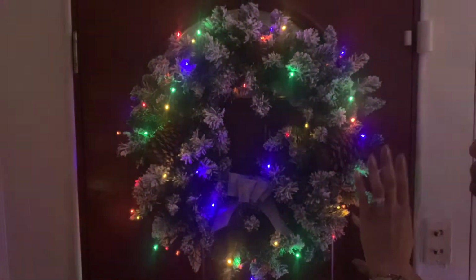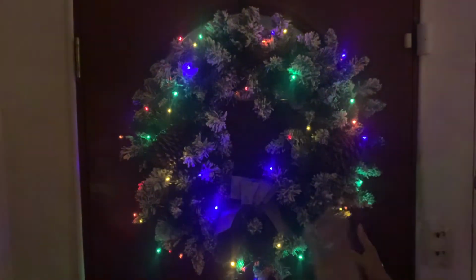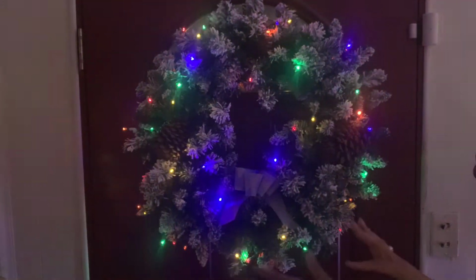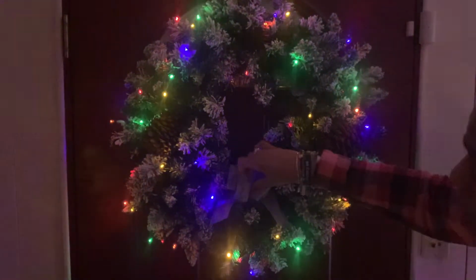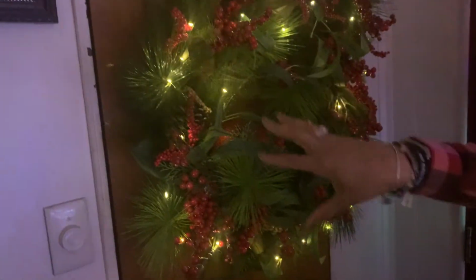So it'll go from color to clear. So you can do clear also. And we've been doing clear since I got clear on this wreath here. We decided to do a little color, and it is on a timer, and I added a burlap bow, just on the flock. And that was from QVC, but I added the real pine cones. And this wreath is a cranberry wreath, and I added 2 ornaments in, and I also added battery operated lights here too,